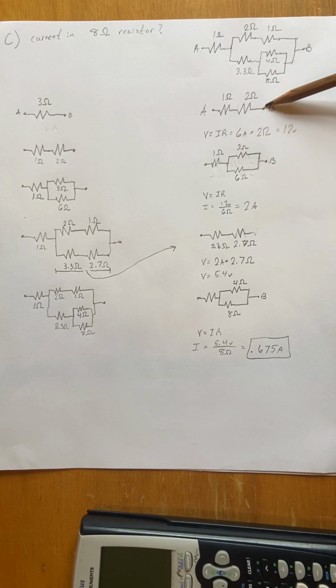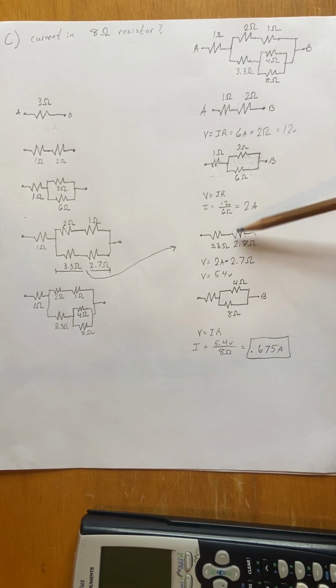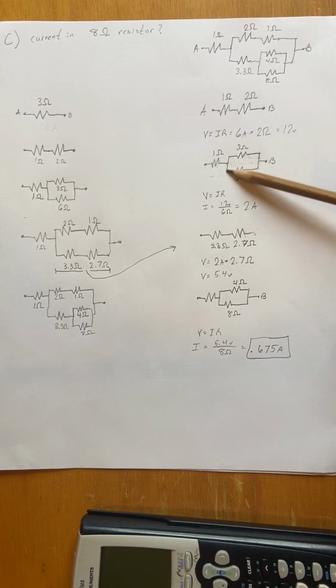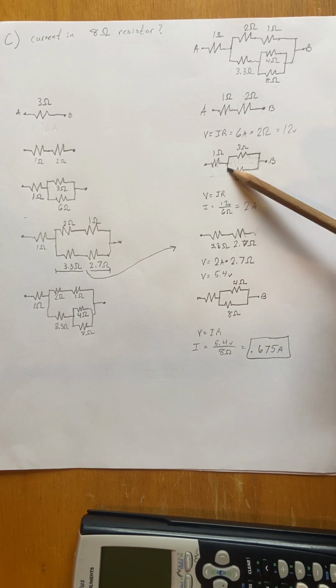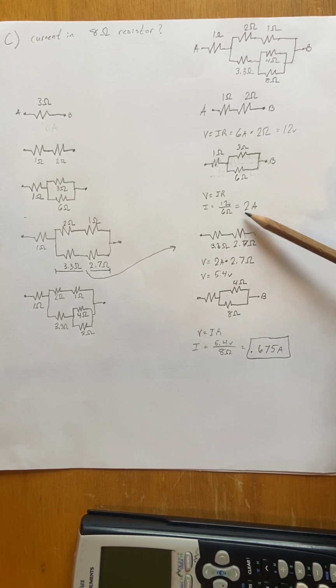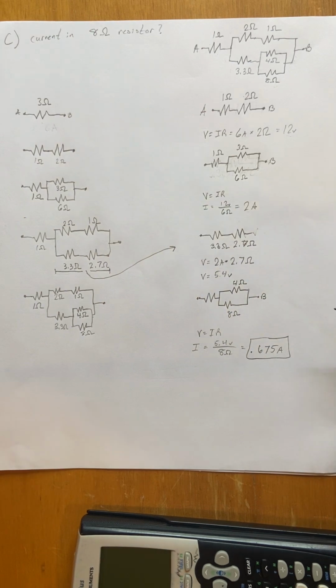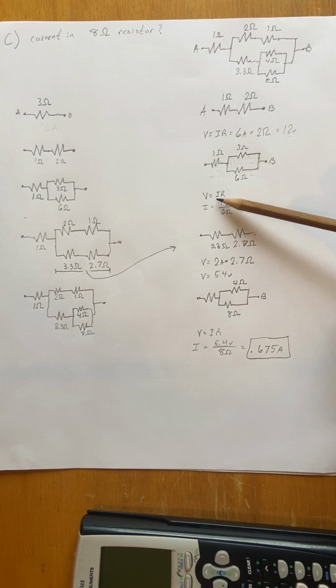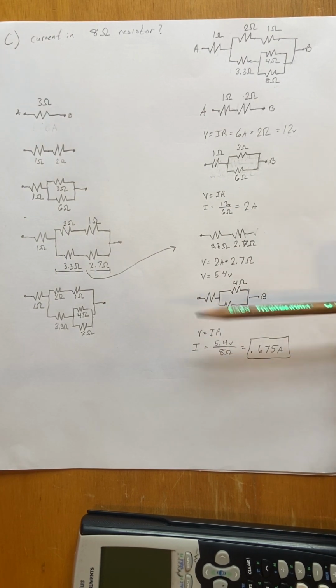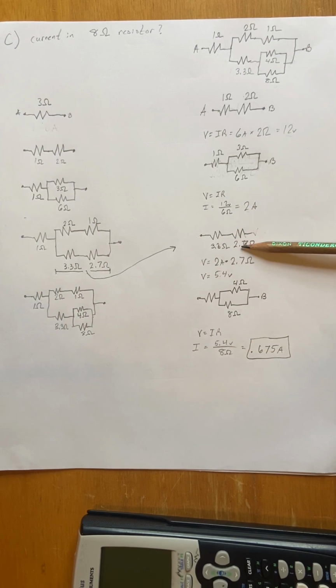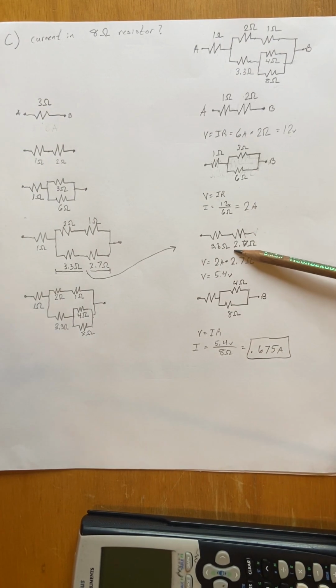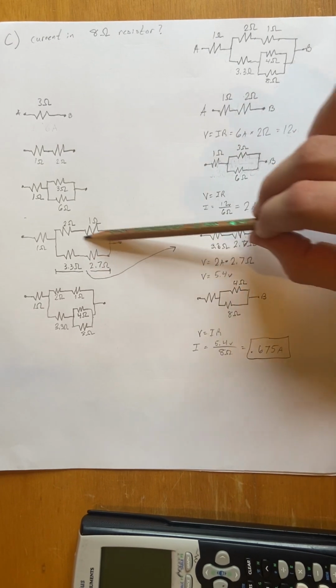Since we know 6 amps is going through these two, we do 6 amps times 2 ohms to find the voltage drop across this resistor to be 12 volts. So if we know 12 volts is the voltage drop from this node to this node, we can find the current through this bottom branch 6 ohm resistor. And we can find that to be 2 amps using Ohm's law again. And now we go to this expanded bottom branch,